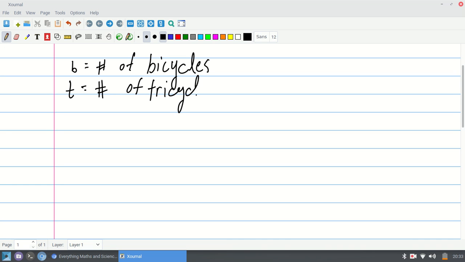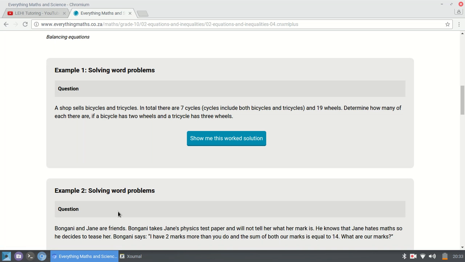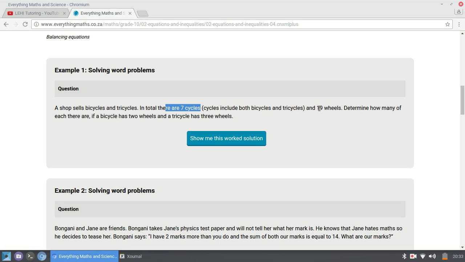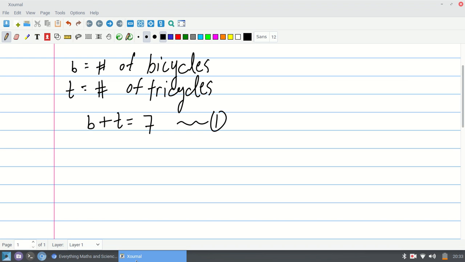I know that in total, right, there are 7 cycles. That means that B plus T, right, has to be 7. Okay, and I'm going to name that equation 1. Next, they tell you the number of wheels. Okay, so they tell you that the total number of wheels is 19, and we know that each bicycle, right,